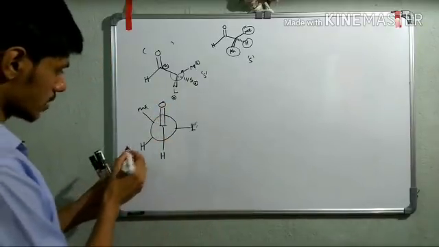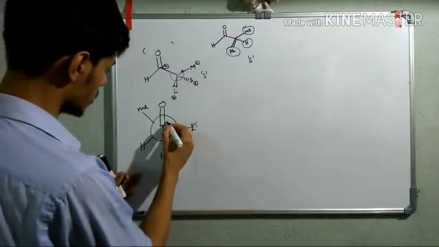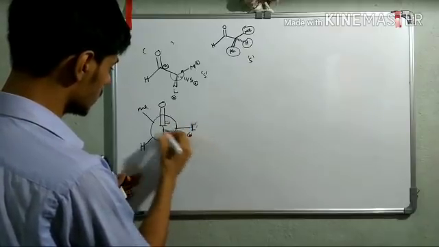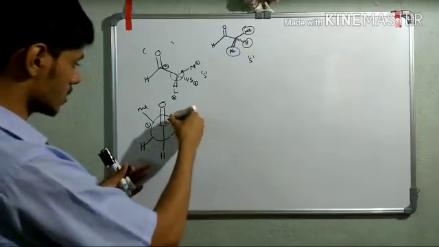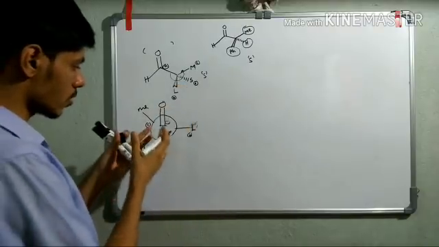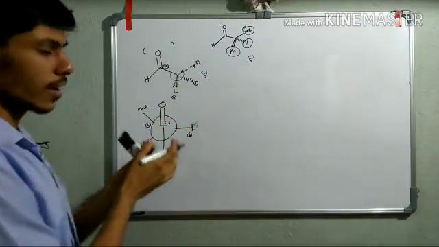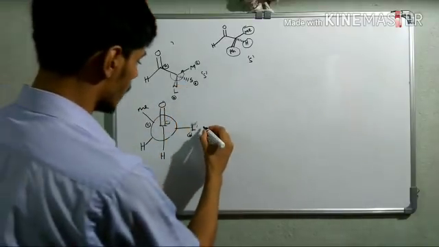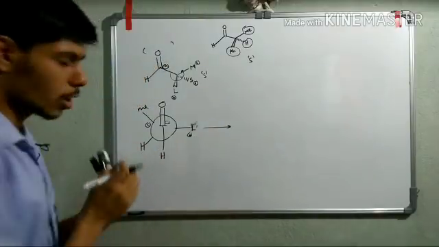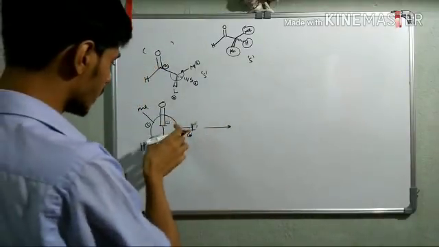In this case you can see I can do the nomenclature like this. This is your A, this is B, and this is C. So here again you can see this is an anticlockwise rotation. That's why we have written down the right form of the structure. Now this is one of the conformations, but we can rotate